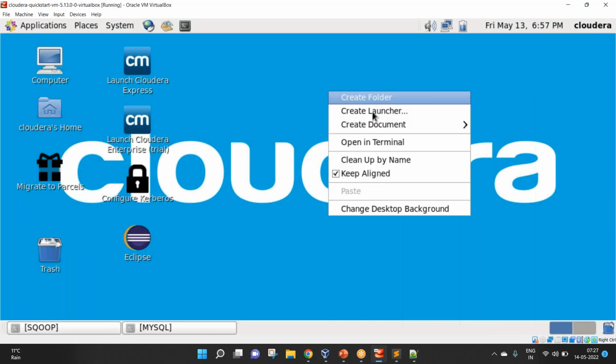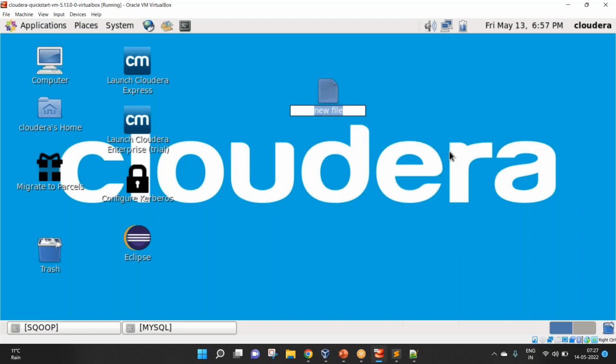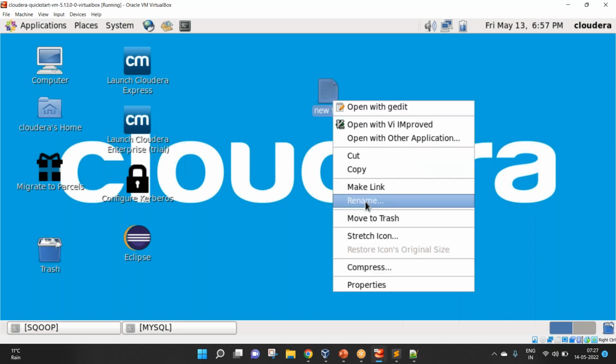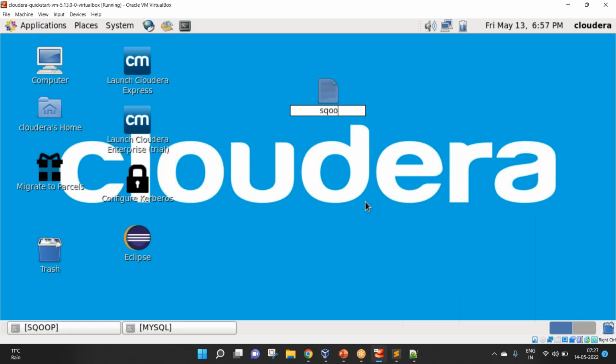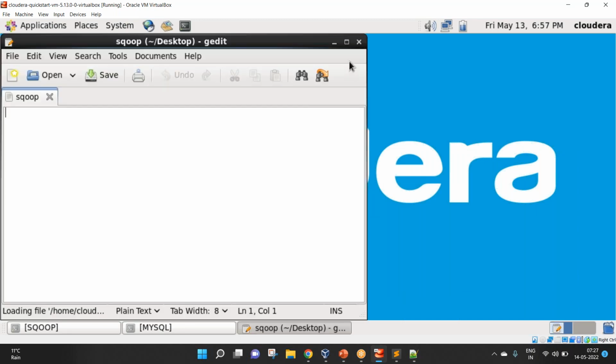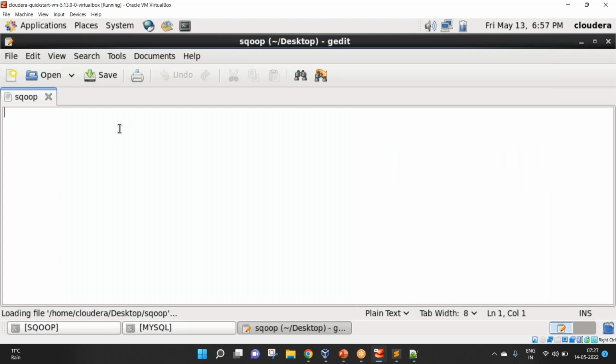So I'll go to my desktop, right click, say create document, empty file. If you want, you can give a name to this. Give it as, let's say, Sqoop. Open that, so you can actually start running your command. Suppose Sqoop space. I wanted to see the list of all the databases in MySQL. So I can just say list-databases --connect